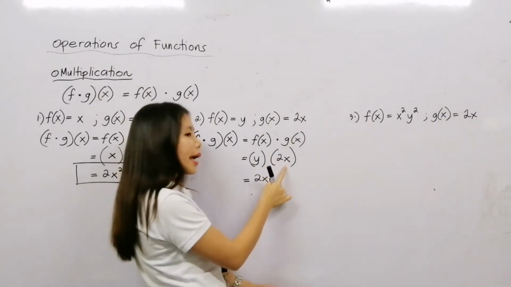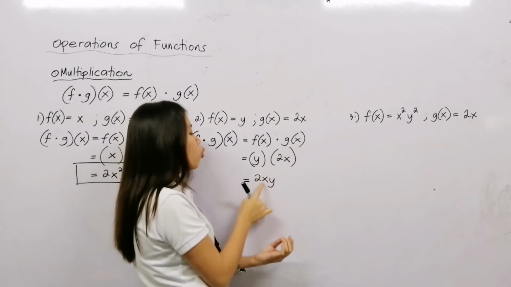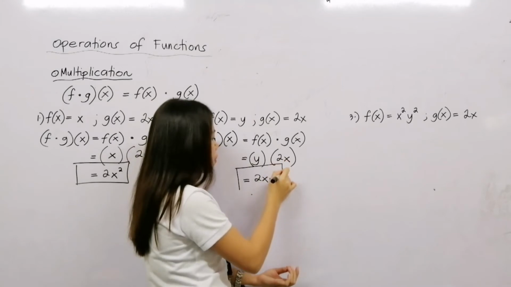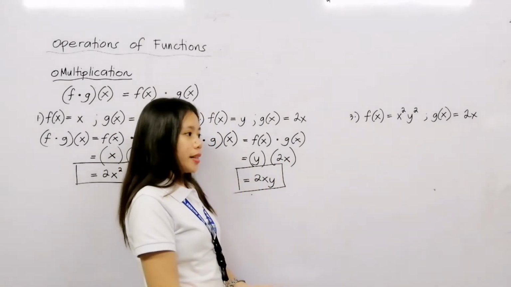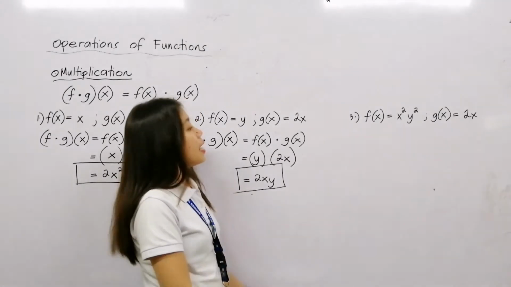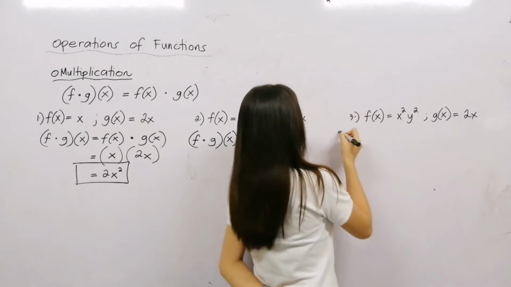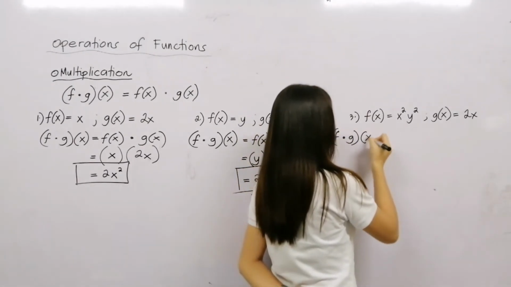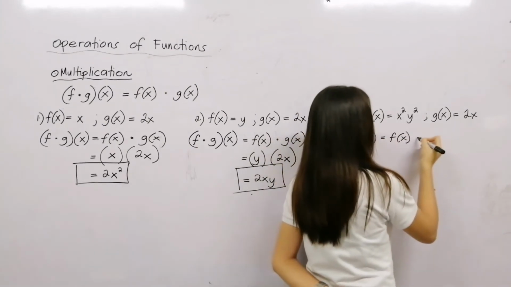Y times 2x or 2x times y would give us 2xy. And again, variables should be arranged according to its proper arrangement via alphabet. Let's have number 3. Number 3 is f multiply to g of x is equal to f of x multiply